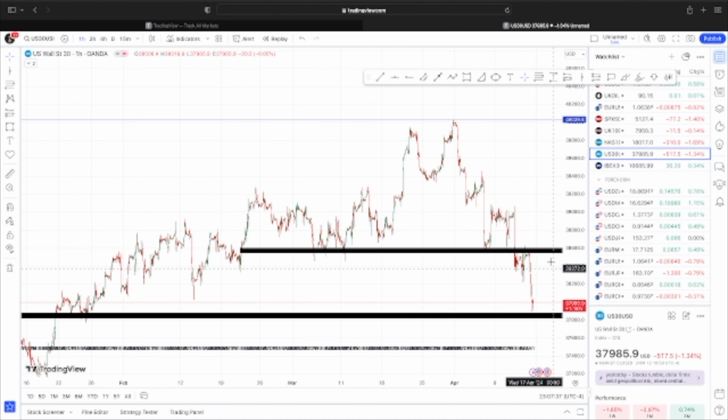And with the US 30, that was actually a really good trade. Can't really say how many pips it is, but it was a pretty good trade. A lot of people could have made a lot of money if they actually took these trades, which I don't know if they did or not, because I always tell people, trade at your own risk, and whatever you're willing to lose, go forward. But I'm not a financial advisor. I just show y'all what I be seeing, what I be taking. But yeah, I definitely had this set to take this trade. I just didn't have enough in my account yet.